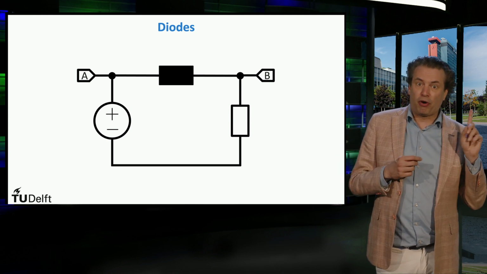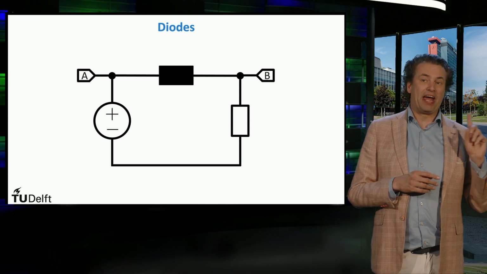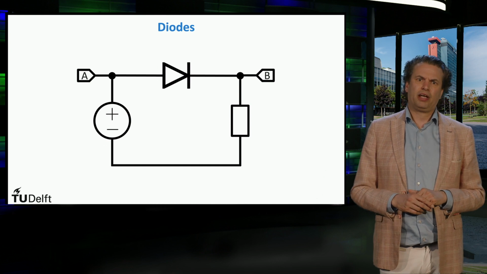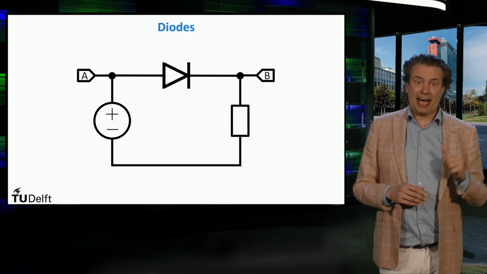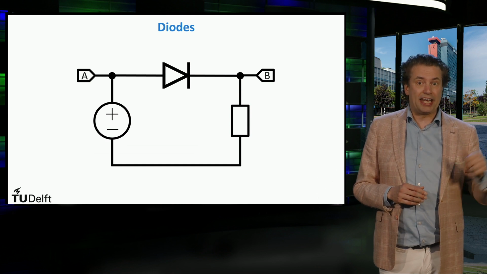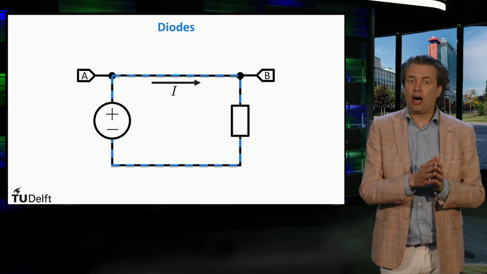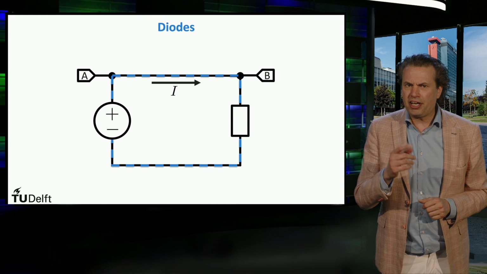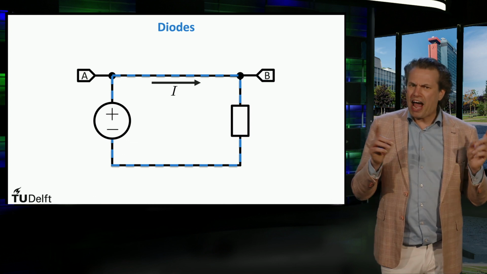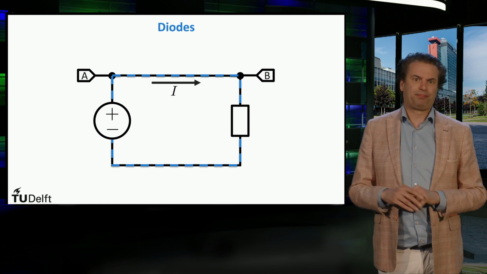If the voltage at point A is higher than at point B, then the current will flow from A to B. If a diode is placed in between points A and B, with the anode facing the input side A and the cathode facing the output side, the diode will allow the flow of current and it will flow as shown.